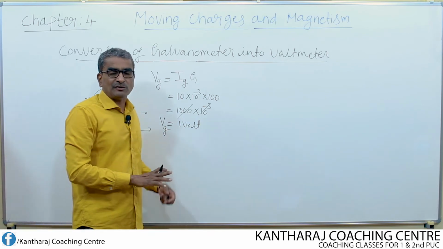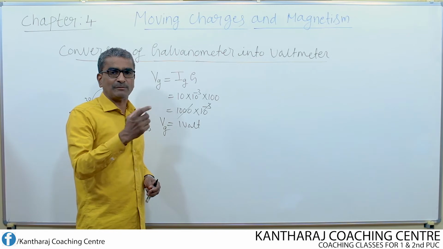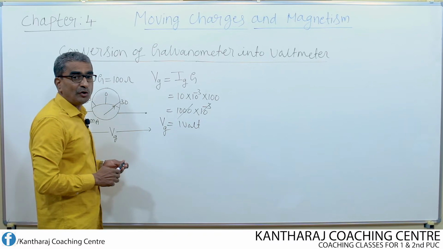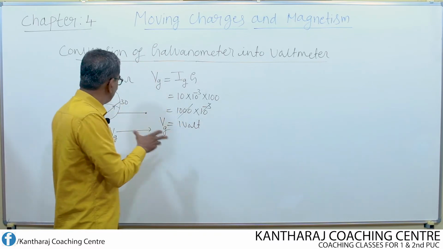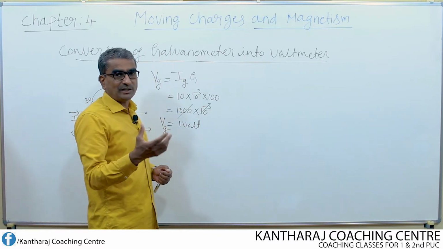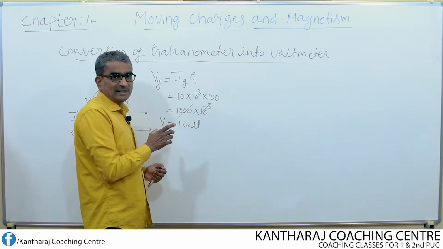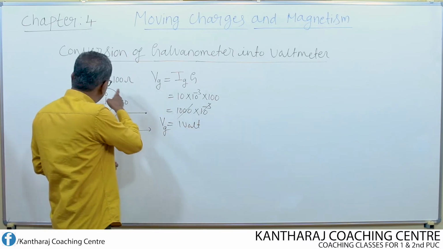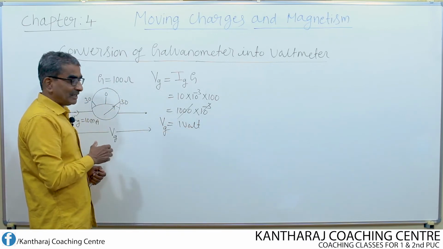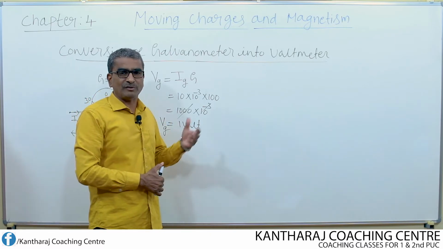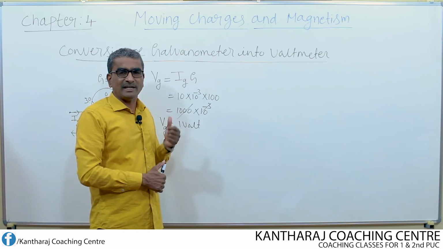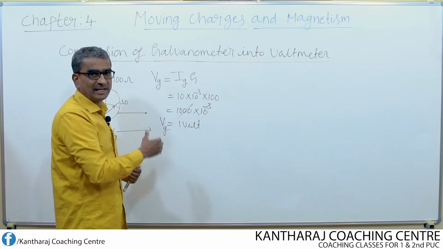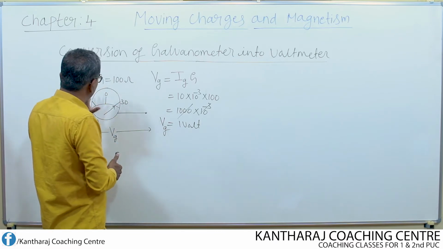Suppose if there is a circuit where we need to measure the voltage or the potential difference greater than this, then once again this galvanometer is of no use. Directly we cannot connect this galvanometer to measure a voltage of range greater than this. If the voltage to be measured is within this range, then we would have made use of this galvanometer directly. But if the voltage is of, let us say, 10 volts, 20 volts, 30 volts, then we need to alter or modify this galvanometer again. How do we modify this galvanometer?